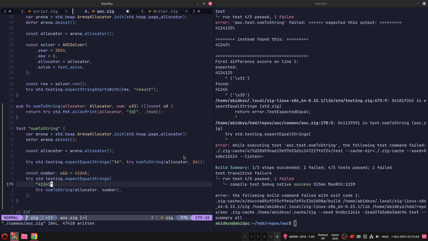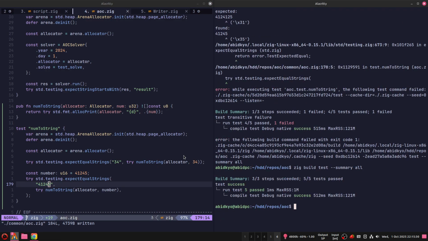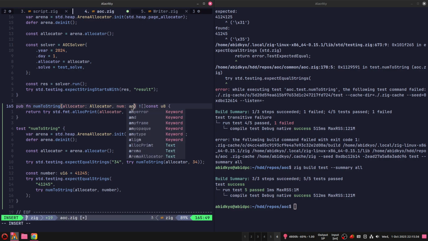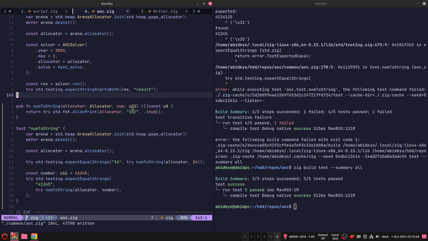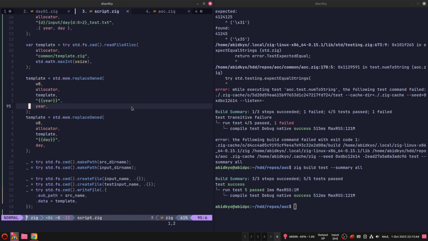Okay, 41245. Okay, that's fine too. I can just pass any number, any integer then. Okay, that's fine. So now I can just do num to string,